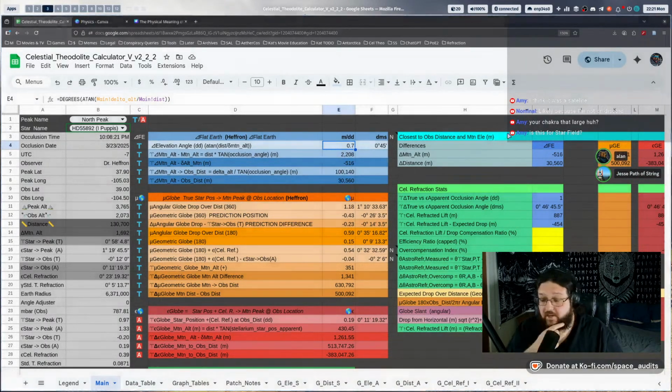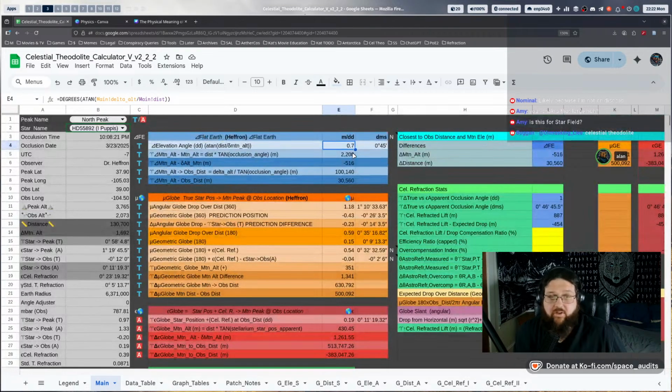No, deriving distances and elevations started in Celestial Theodolite Update 4. This has been the argument for a hot minute that has never been acknowledged and has gone unanswered for the entire time, other than like, oh, you're doing the trig wrong. You're just like basic hand wave dismissals. This has always been the argument.